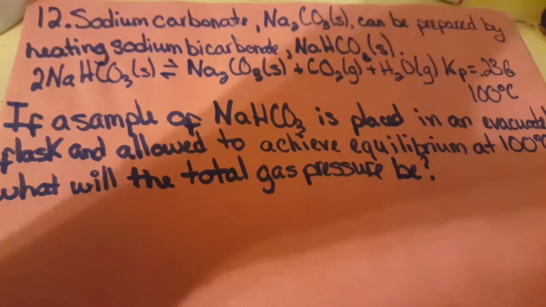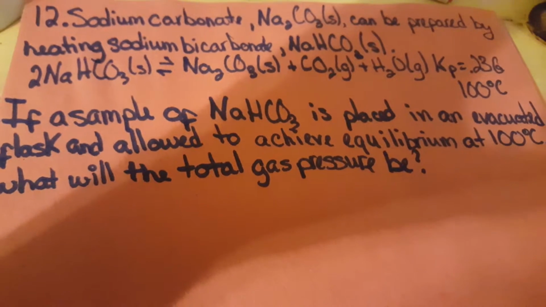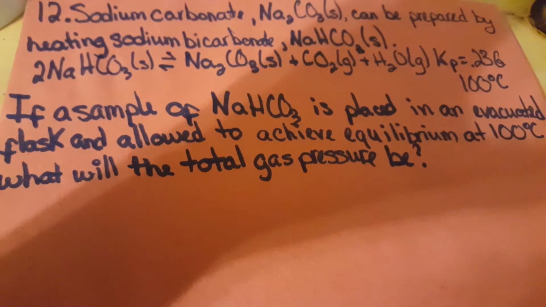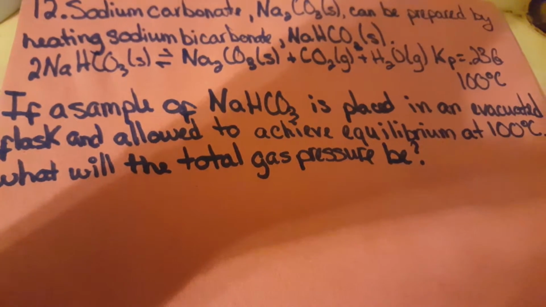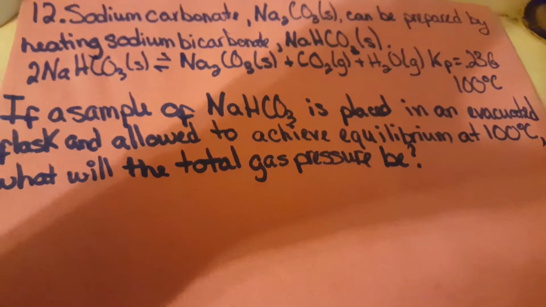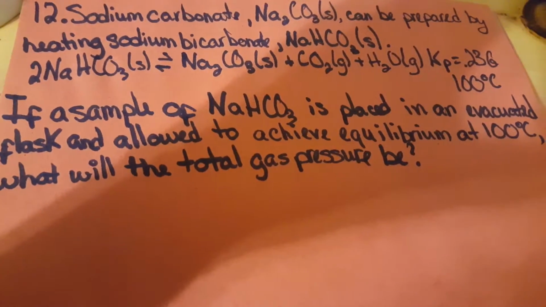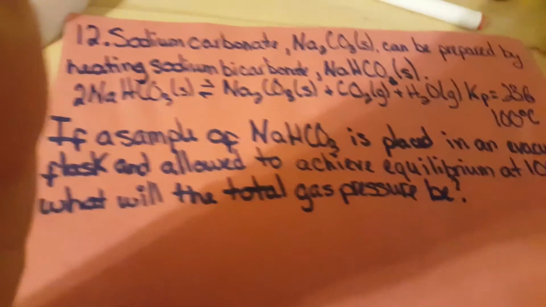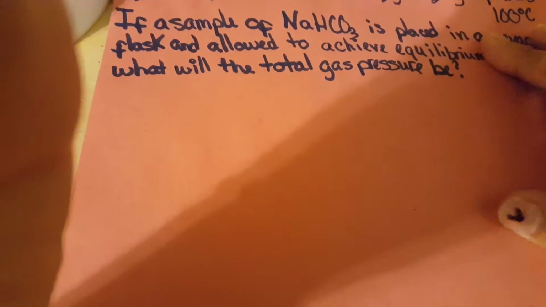If a sample of NaHCO3 is placed in an evacuated flask and allowed to achieve equilibrium at 100 degrees Celsius, what will the total gas pressure be? In order to solve this, we know that Kp is equal to